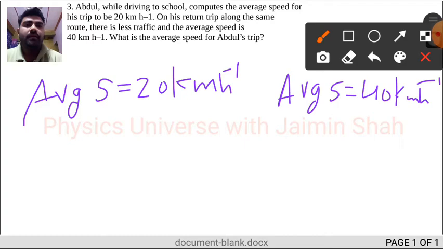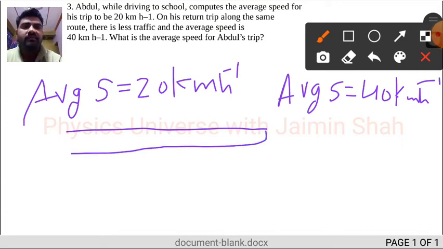Here we need to find the total average speed. The distances are the same, but the velocities are different. Abdul goes to school with this speed, 20, and returns with this speed, 40. Whenever we have two different speeds for the same distance, we can write